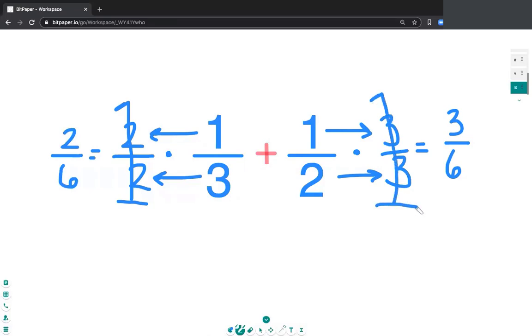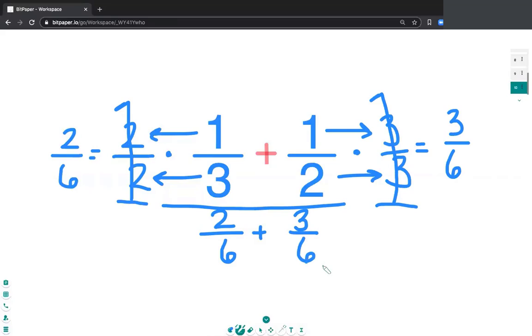That is 1. So I did not change the value of 1/2. I changed the way it is represented or it looks. So now I have 2/6 plus 3/6. I have common ground, common names, and I can add these fractions together to get